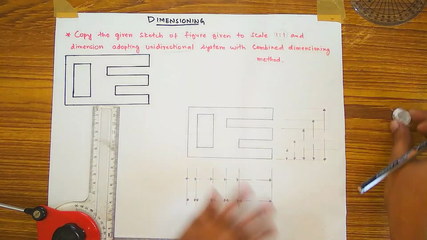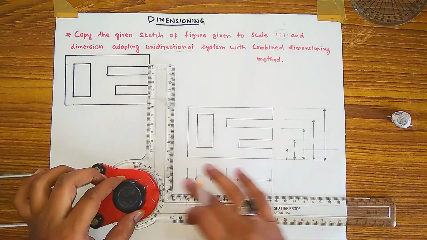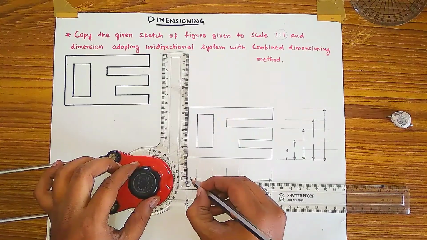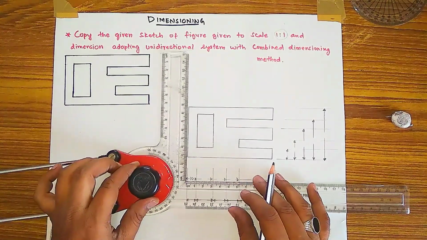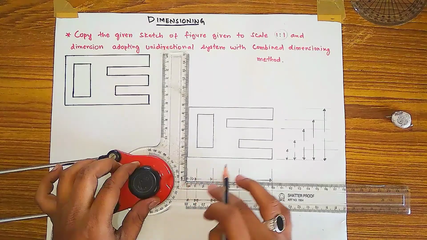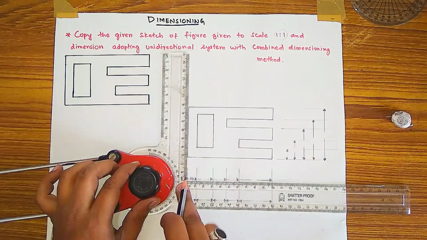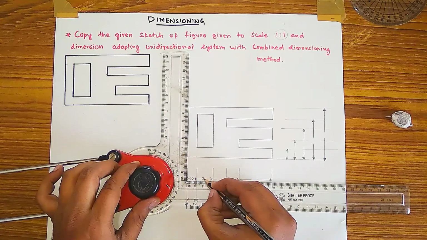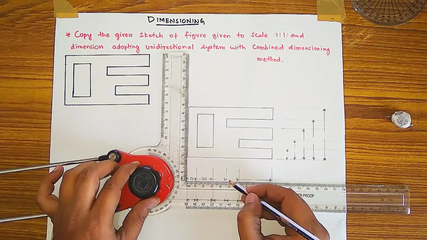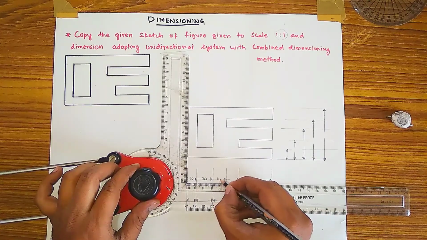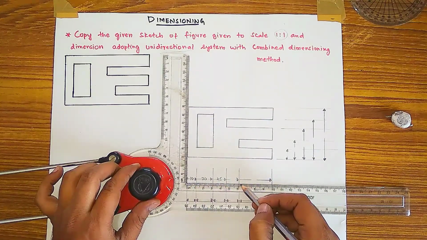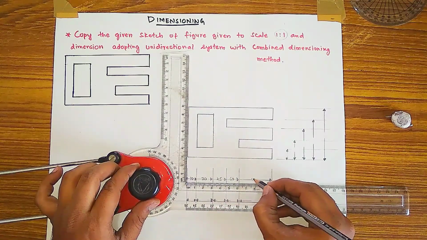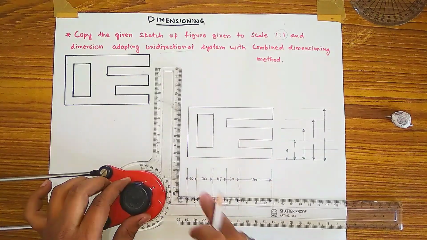So how? See here, for the first, progressive, I will show you from here to here how much: 10 mm. So write it as 10 mm straight only. And from here to here, from datum to here. In progressive you have to show the dimension from datum only. So from here to here you are having 30 mm. So write 30. From here to here you are having 45. So write it as 45. From here to here you are having 60. So 60. From here to here you are having 100. Straight only you have to write in between.